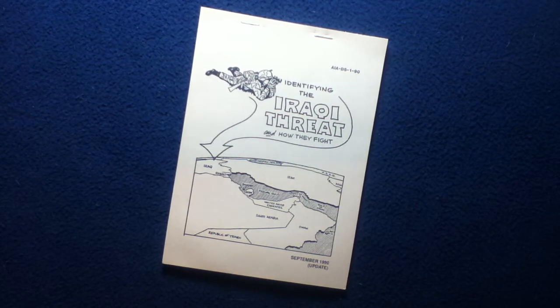Welcome back to another book review or media review. Today we're looking at an informational pamphlet titled Identifying the Iraqi Threat and How They Fight. This is not a political document; it's more of a military intelligence data and information type of document,